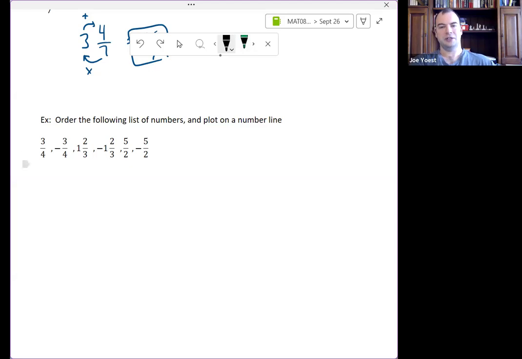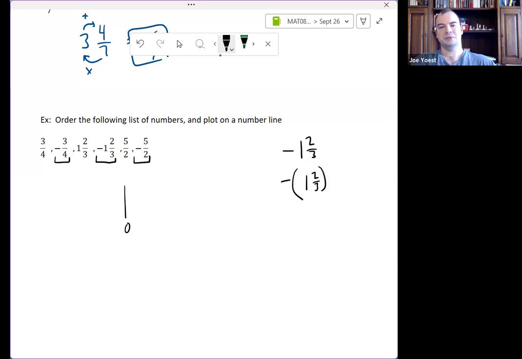Well, the first thing I know is that any negative number is less than any positive number. Now, something we need to be a little careful about. What is a negative mixed number? Like negative 1 2/3. This is negative of the mixed number 1 2/3, just to be clear. It's not like negative 1 plus 2/3. It's like negative 1 and then go another 2/3 to the left. So this is negative of 1 2/3.